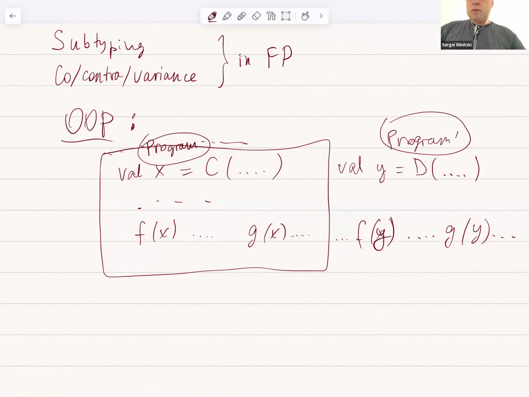So let's make it weaker, right? So we don't talk about the program prime being exactly the same or equivalent to program, but that is impossible because actually object-oriented programming uses subtyping to change the behavior. So you can use this y instead of x in the sense that the program will compile, but actually you do that because y has a different behavior than